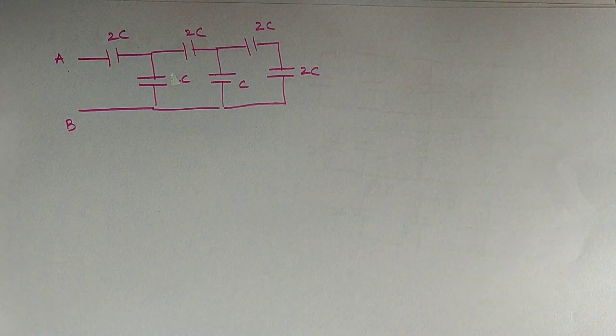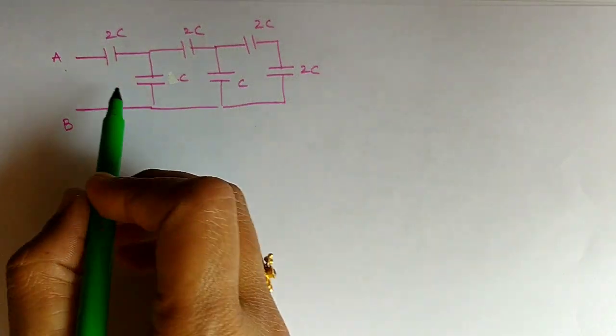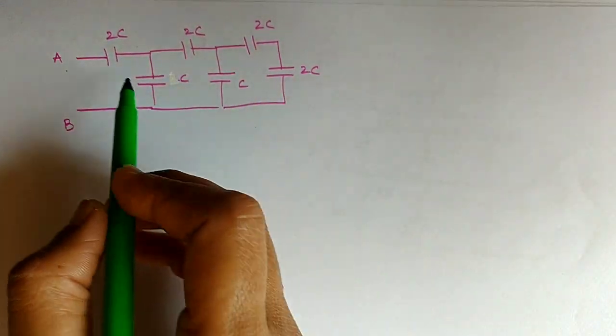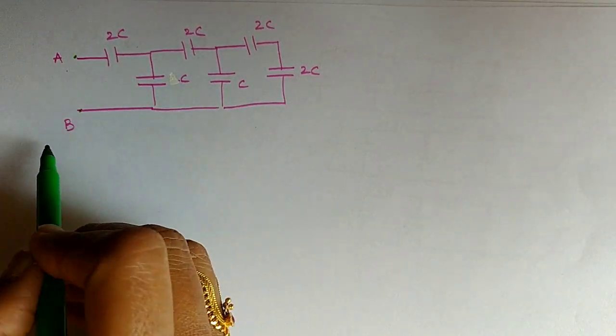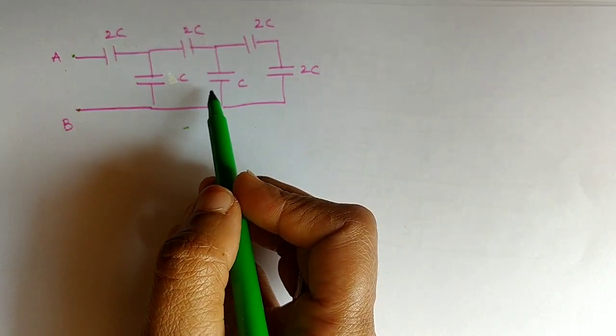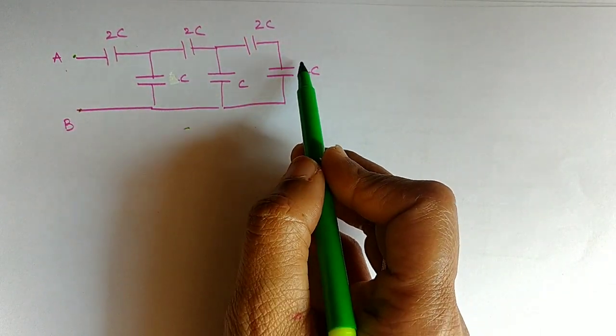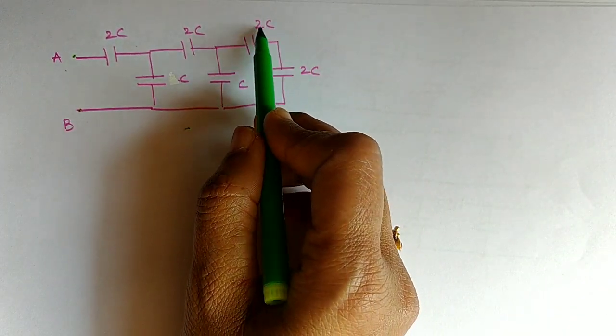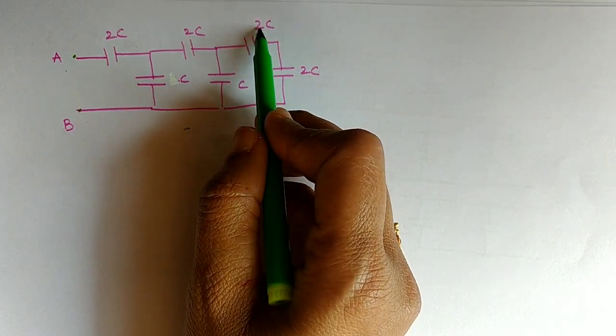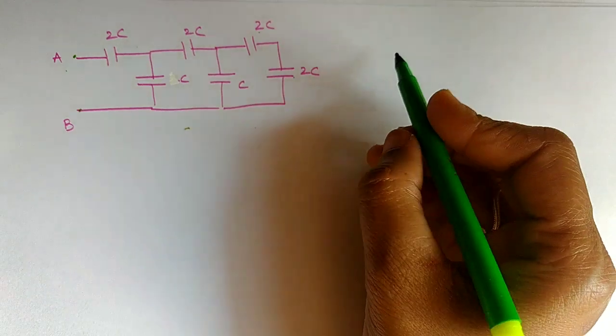Now look at this question, the method of solving. Okay, so here we have number of capacitors again, and the 2 terminals are on one side. A and B are together. So for such questions, start solving from another corner. Since 2C and 2C are in series, observe the last part of the branch. These 2 capacitors are in series. Since 2C and 2C are in series, answer would become C.